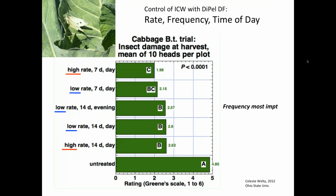She was comparing 2 different rates of the BT Dipel DF, and at 2 different frequencies, a 7-day versus 14-day interval, in some cases applied during the day or in the evening. And you can see that the lowest level of damage, the shortest charts here, are when the high rate was used on a 7-day, but it wasn't very different when used at a low rate on a 7-day interval. And I think the takeaway from this was that the 7-day interval was more important and provided the best efficacy compared to